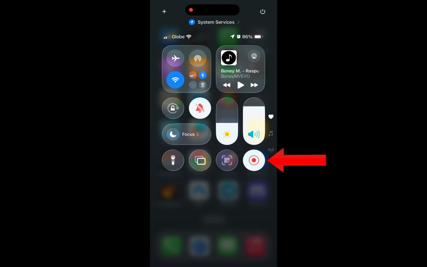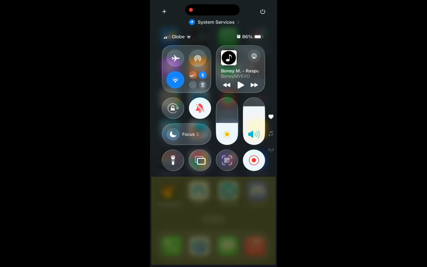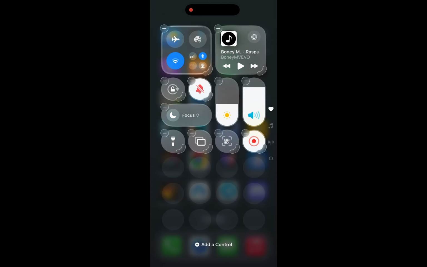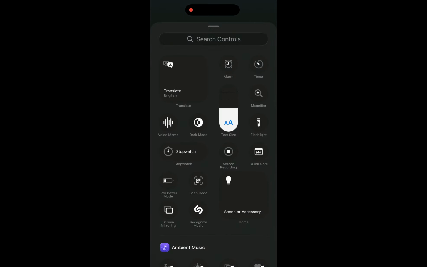So if you want to record the screen, all you have to do is click on this icon and then the recording will start. However, if you don't have this icon on this screen, simply hold on the empty space under all of those icons, press and hold your thumb, and after a second or two, a menu like this will show up. At the bottom, we can click on the Add a Control button,